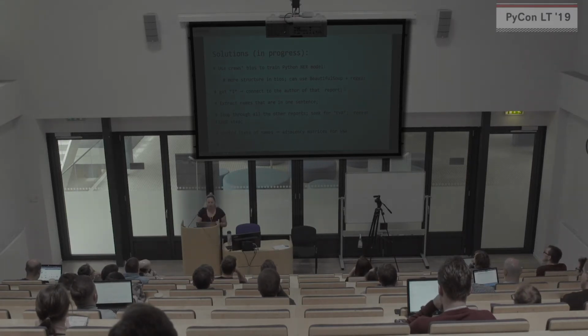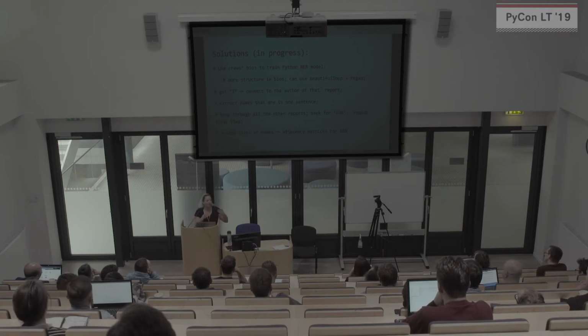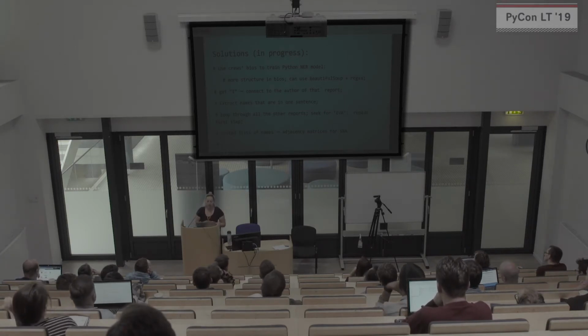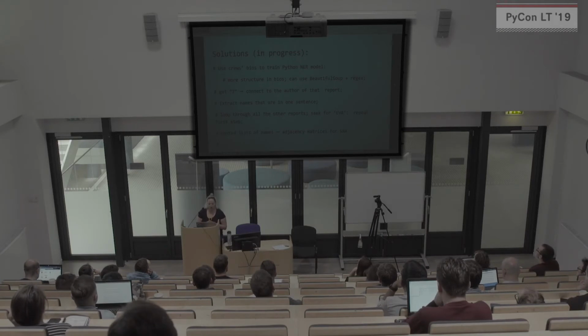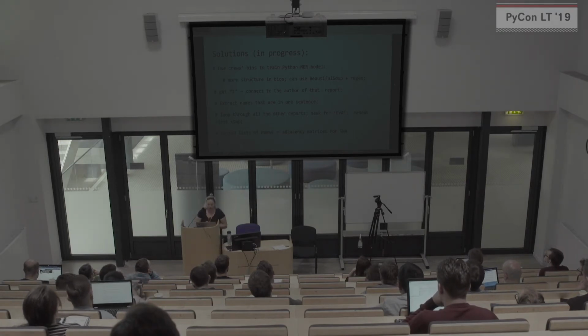Another thing, thinking about the report structures as well: I probably need to get names that are in one sentence, because sometimes they just mention random people for no reason, or are just reminiscing about something in the past. Obviously they were not there, they were not working together. So my algorithm will look for names that are in one sentence, something that will say, that person and that person, we did this together. Also I'll have to look for EVAs in all the other reports and see whether they mention that.